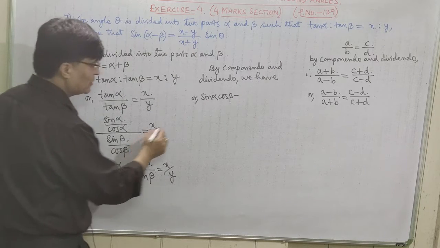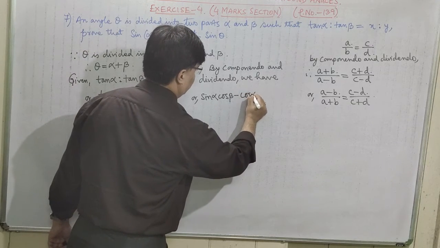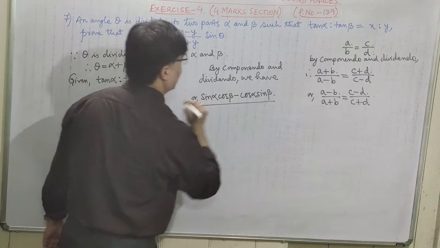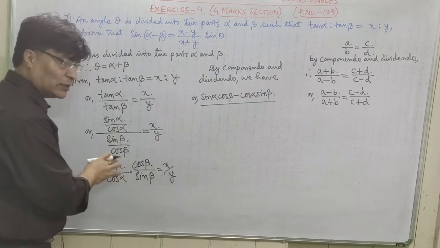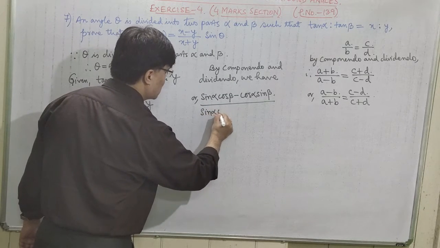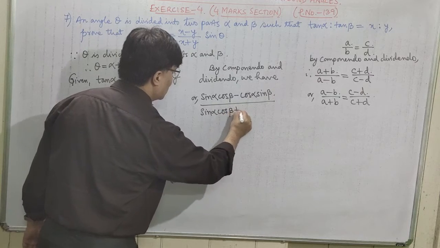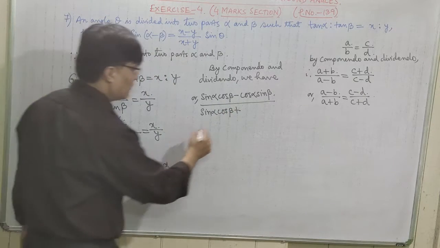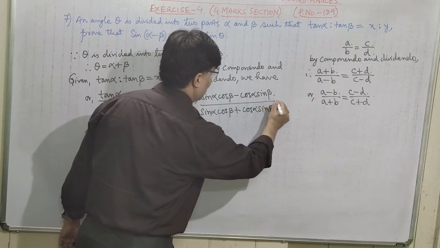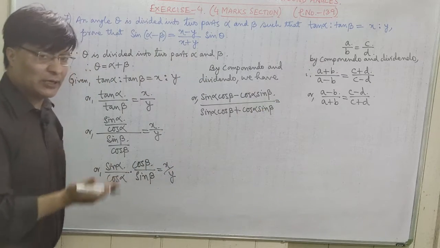Cos alpha sine beta, divided by, in the denominator, numerator plus denominator, that is, what is numerator here? Sine alpha cos beta plus, what is the denominator? Cos alpha sine beta, which is equal to,